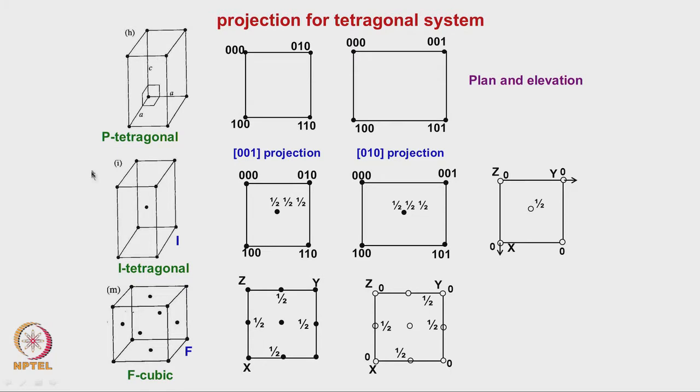Then similarly, if it is body centered, there will be one more atom position. How do we represent it? The way in which it can be done is that you show this position at the center, because it will be seen as projected onto this plane, and then just mention half. That half means that it is sitting at a position halfway up. That is how it is represented.